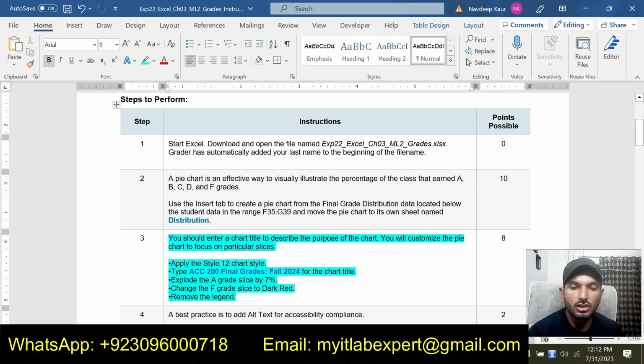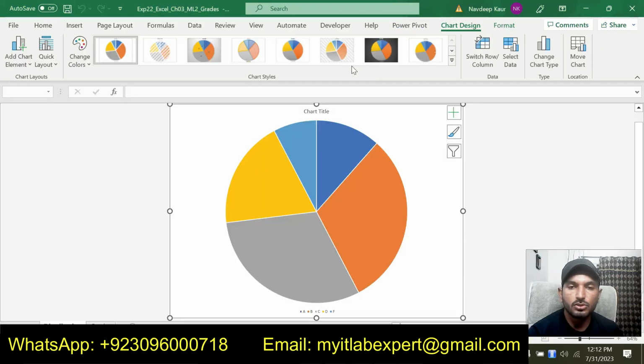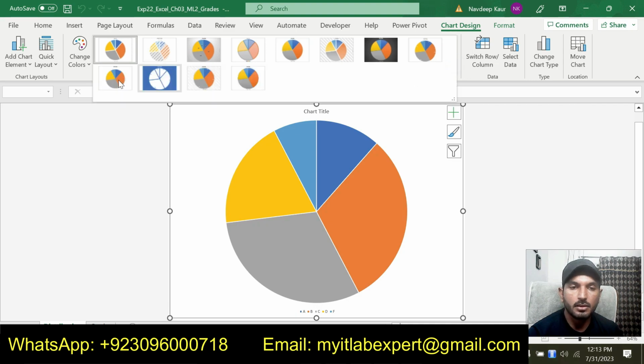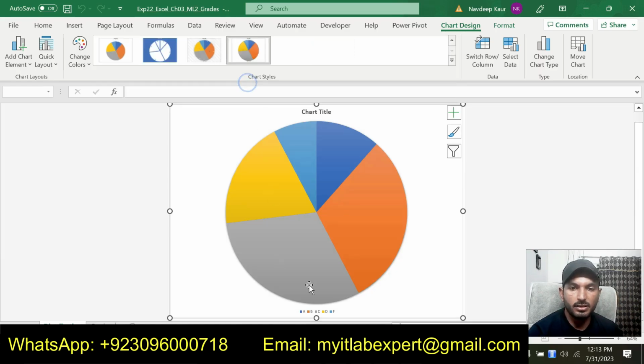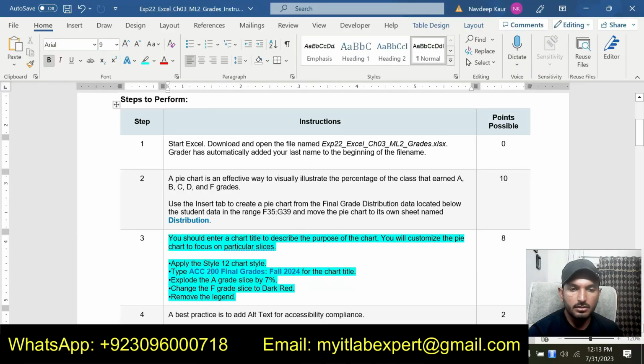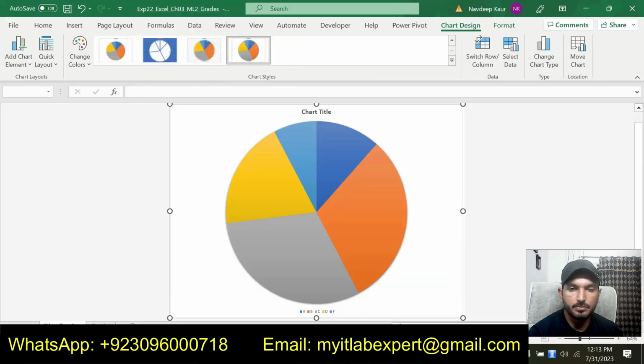So first apply the chart 12 chart style. Chart 9, chart 12. This is the chart 12 chart style. Select this one. Now type ACC, that is short for accounting.